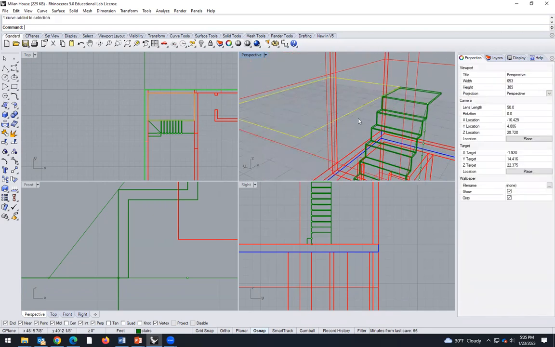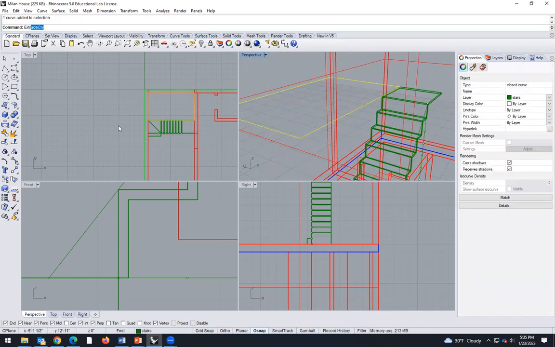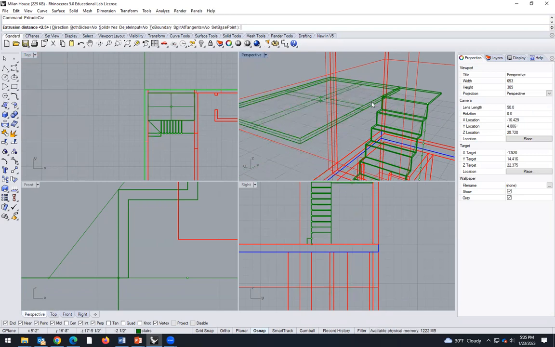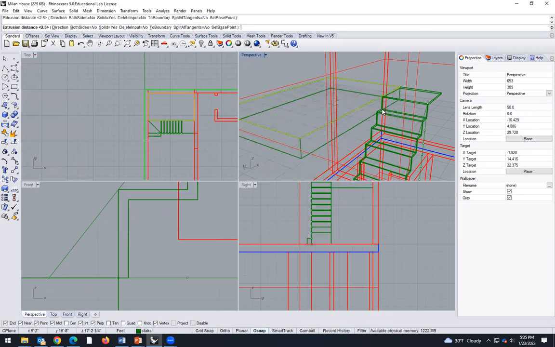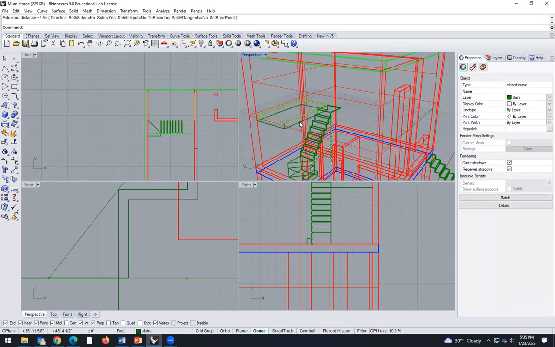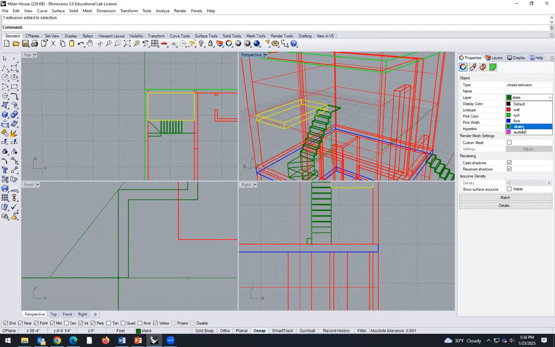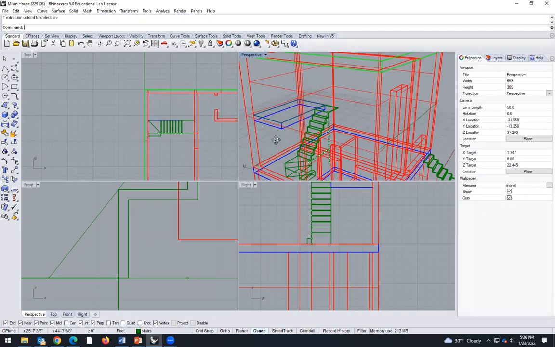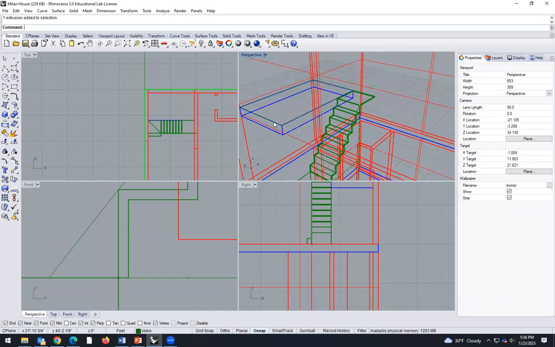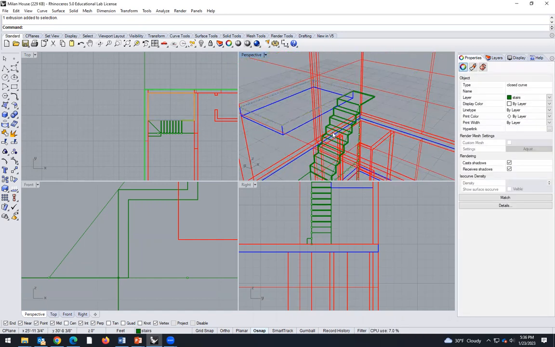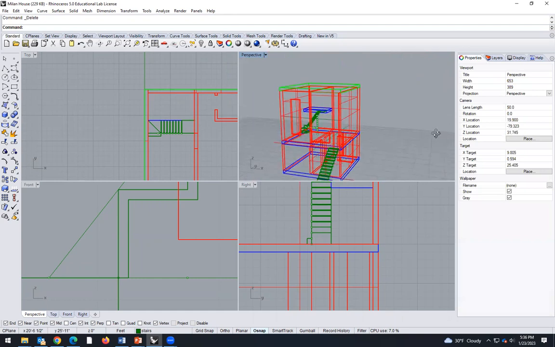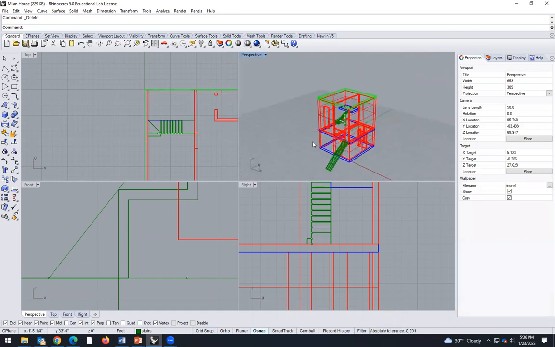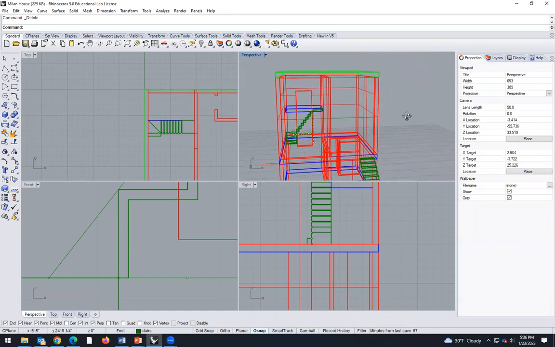And now we can extrude this downwards. Here. And this is not in that staircase, it is in the floor layer. And I'm going to delete this curve. Okay,